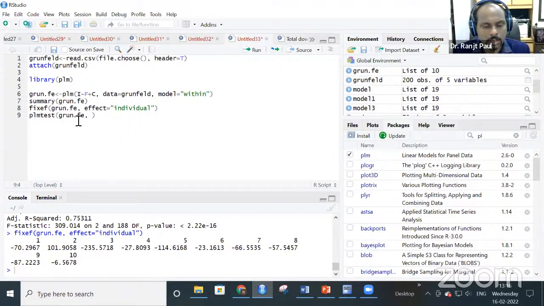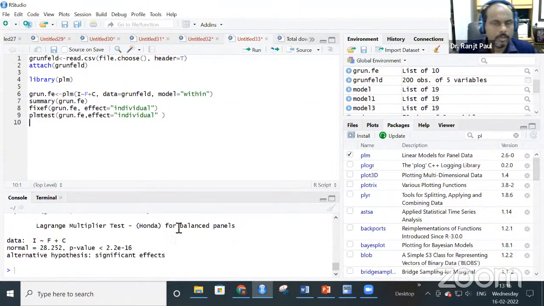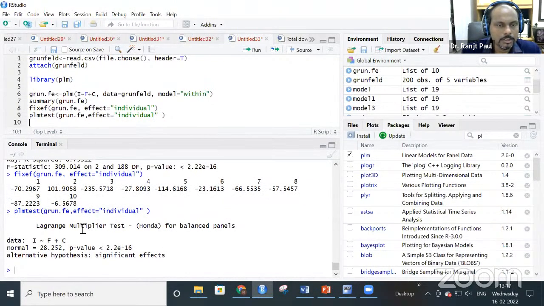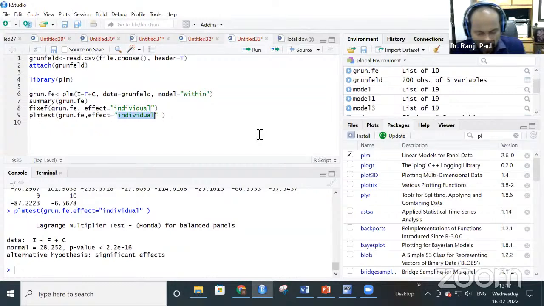So to test that particular thing, you can put here effect equals to say individual, and you can see this is the test, and individual means your cross-section effect. Okay, and this is significant because your p-value is 2.2 to the power minus 16, which is very much close to 0. Similarly, instead of individual, you can put say time,